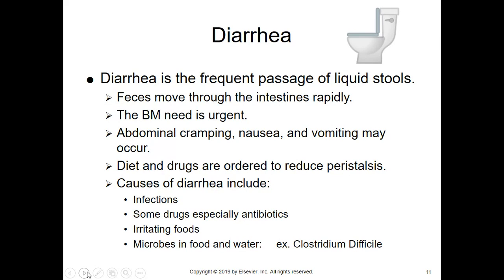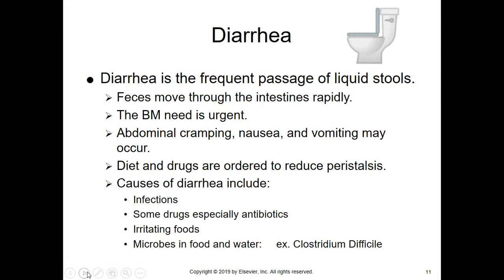So if somebody has C. diff and they go to wipe themselves and they're not wearing gloves and they get that fecal matter on their hands and then they touch the doorknob, and you go in there maybe an hour later to touch the doorknob and open up the bathroom, you now have touched the microbe because it can live on surfaces. So people with C. diff are very contagious. If you're taking care of somebody who has C. diff